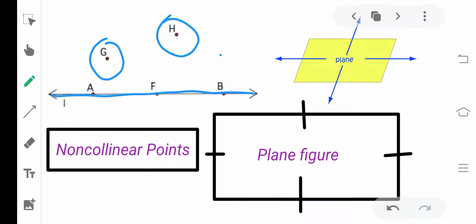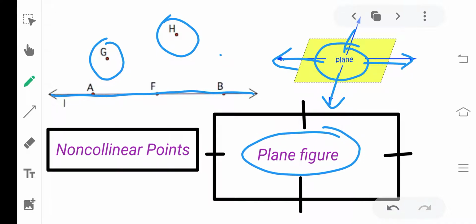Let's see the plane figure. This is your plane figure. A plane is a flat surface which extends infinitely. It can expand in this direction, this direction, or from this direction also. In the figure, arrows are drawn on all sides to show that the plane can extend infinitely. I have shown arrows in this figure for your better understanding. You will understand from this how the plane can extend on all sides, in all directions, and how it expands.